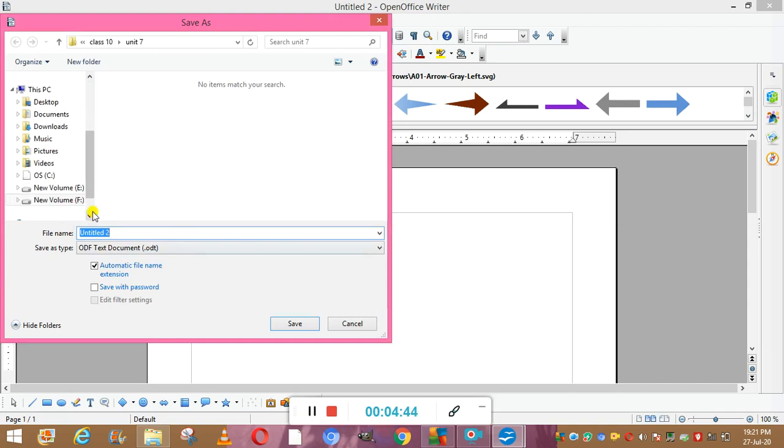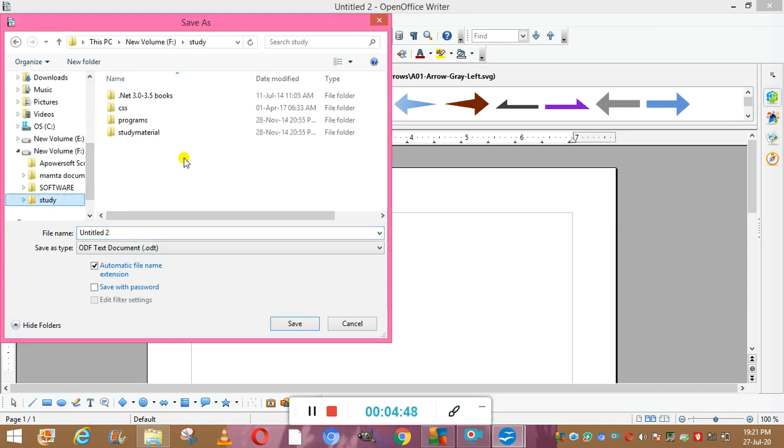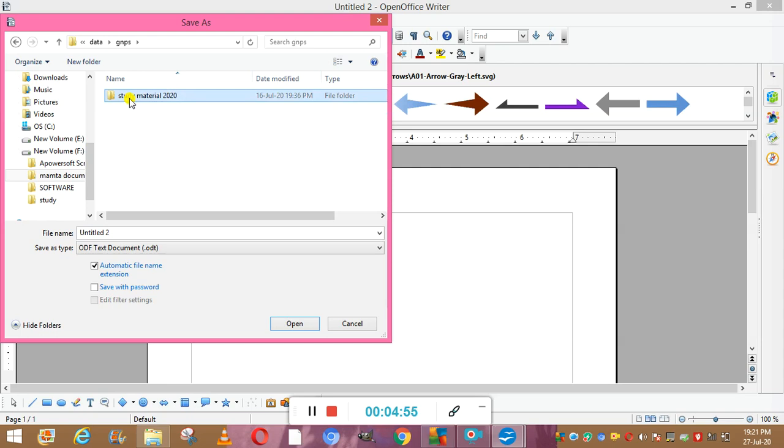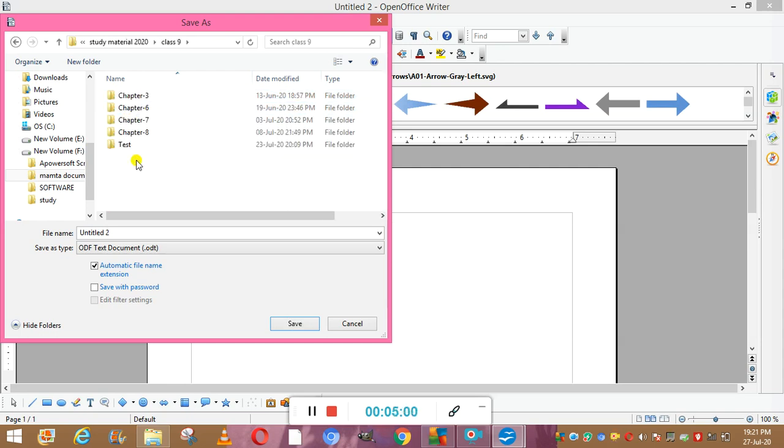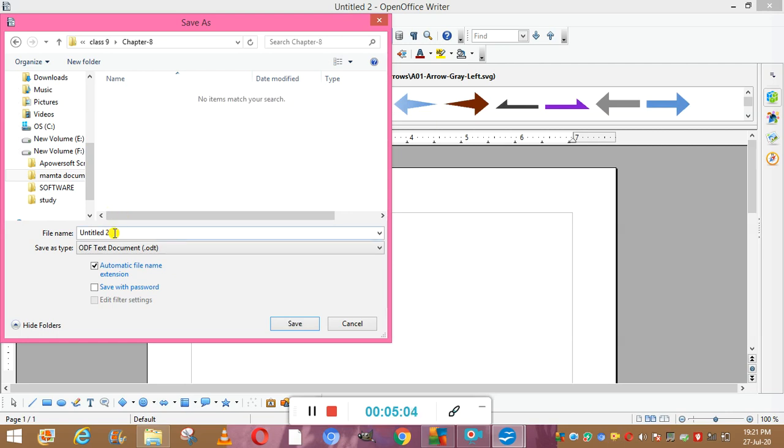Now you will select the place where you want to save this data. So we are going to keep the name class 9. Now you can see that the extension of this file is .odt.